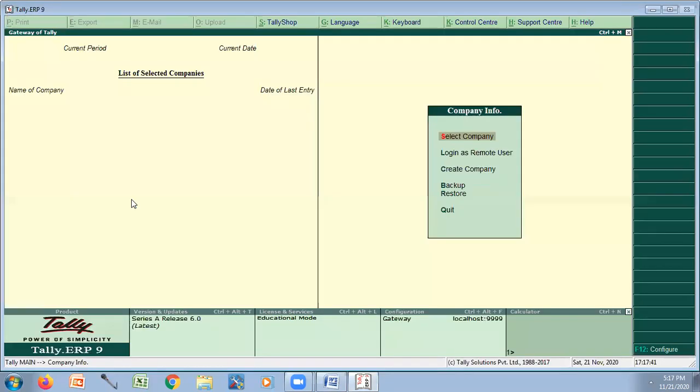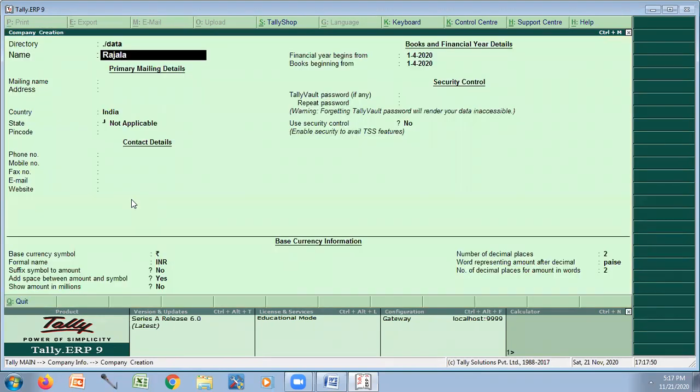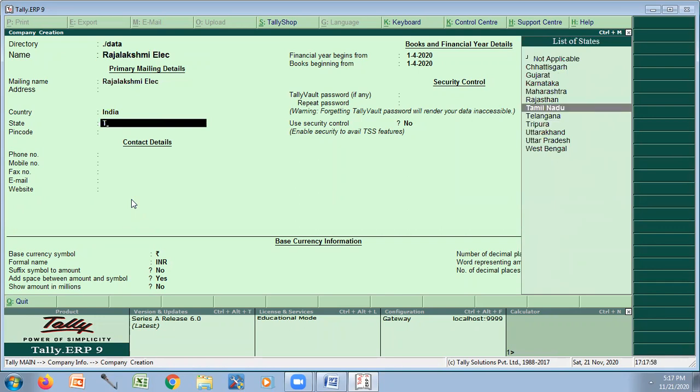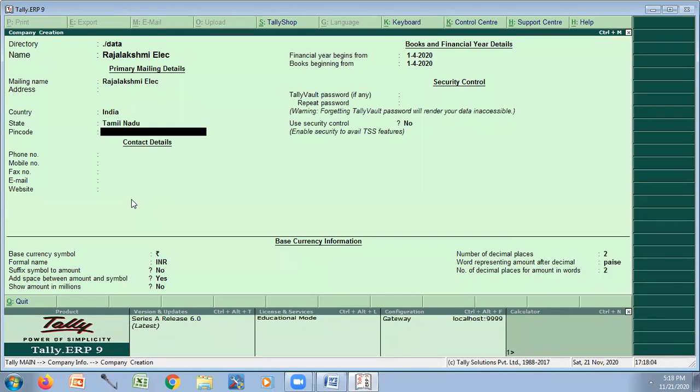Okay. Now, we'll create a company. What is the company's name? Company's name is Rajalakshmi Electronics. Here, very, very important one, the state should be mentioned. That is because we are going to deal with Tamil Nadu and outside Tamil Nadu. The state should be mentioned as Tamil Nadu. Okay. If you don't give the state there, you won't get the answer. So I'll just write 600054, some pin code which is in Tamil Nadu, and I can save this. Putting that state is very important while calculating GSTs.